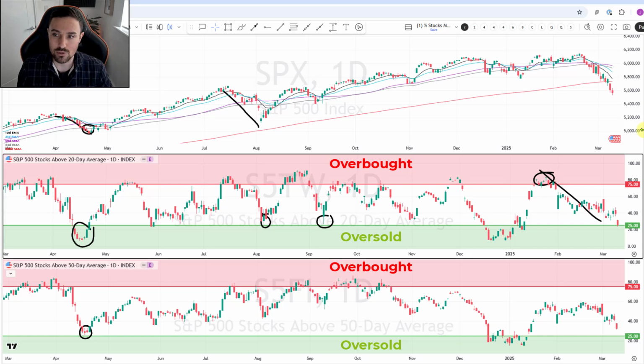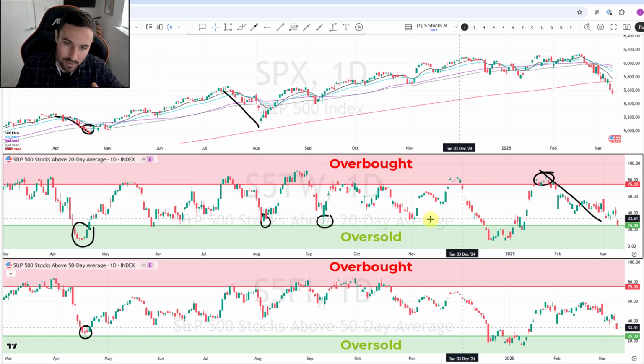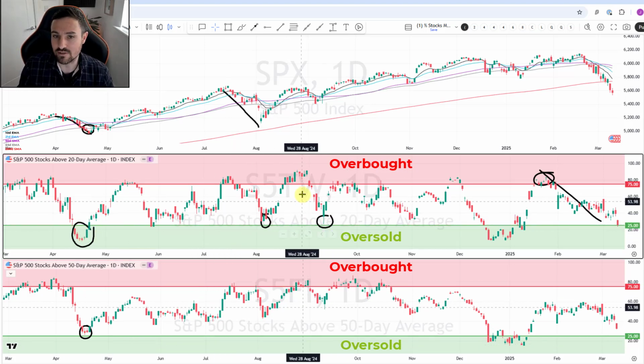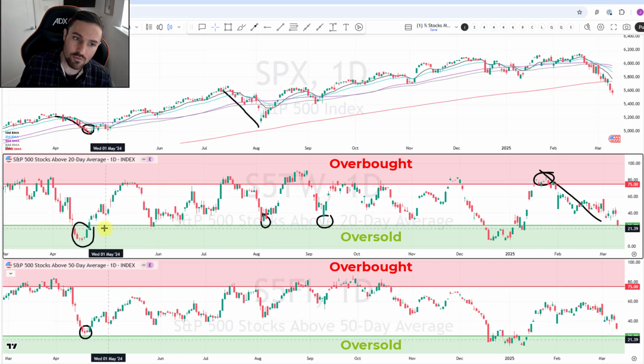for free on YouTube. So I hope that video is helpful for you. I'll put a link to this layout in the comment section for you. So if you use TradingView, you can just go and copy this layout, and then you can start using it. Go and have a look through as well. Go and look at what happens when you get overbought readings for the 20-day and the 50-day basis. When you get oversold readings on a 20-day and a 50-day basis, I find it extremely, extremely valuable in my